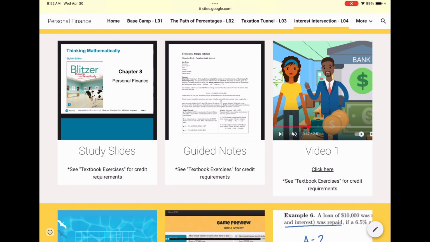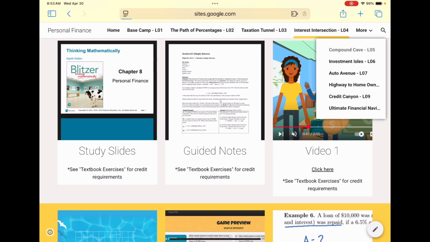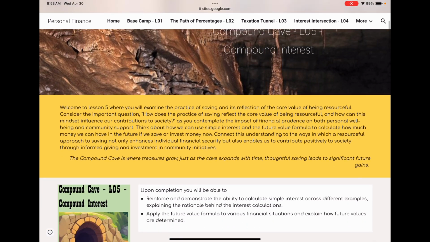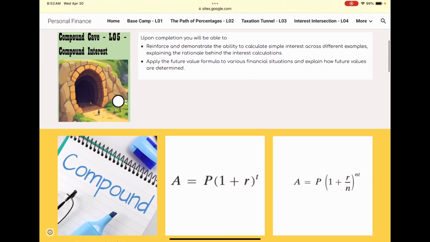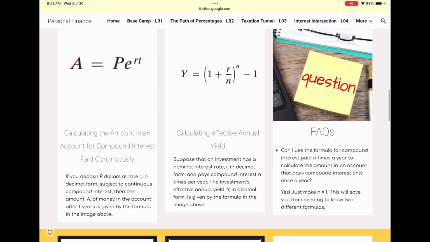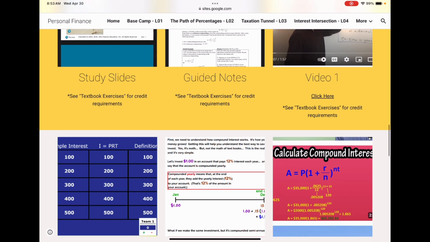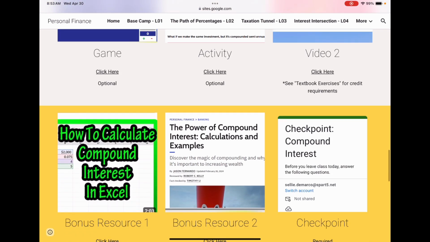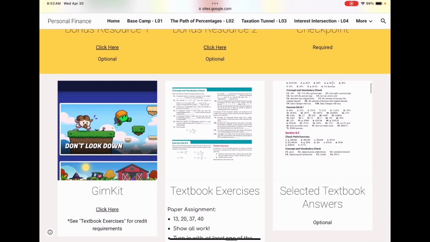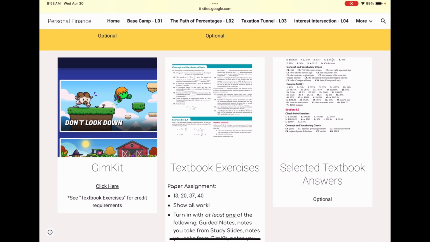So that was interest intersection. Now let's look at lesson 5, Compound K. Let me scroll down a little bit. One of my students' favorite activities in the class is doing Gimkit. They love it. We usually play it as a class, but in this lesson I used it as one of my technologies. I did an individual-pace Gimkit, right here on the left. I added that to the Compound K lesson since they love Gimkit.